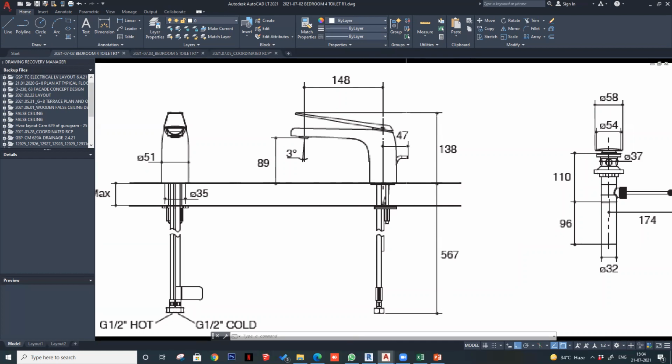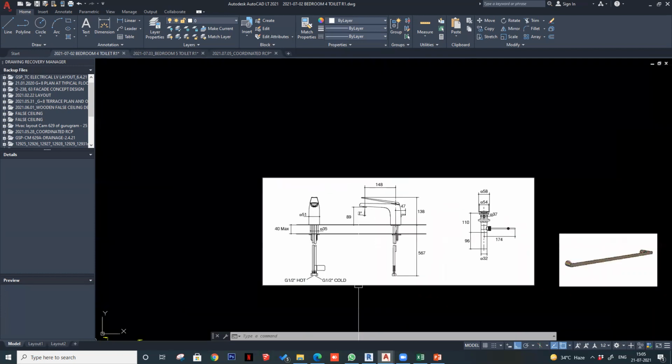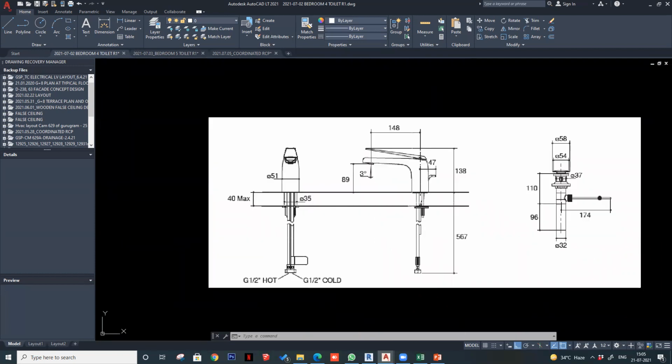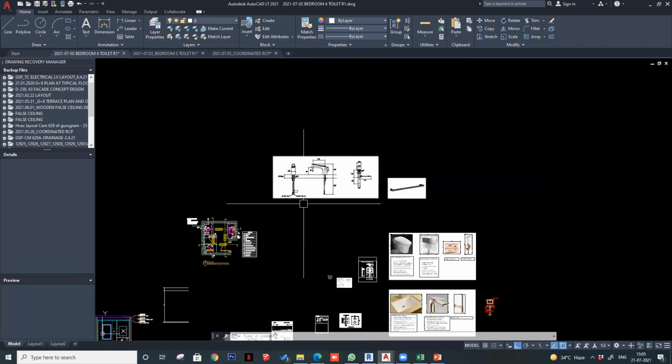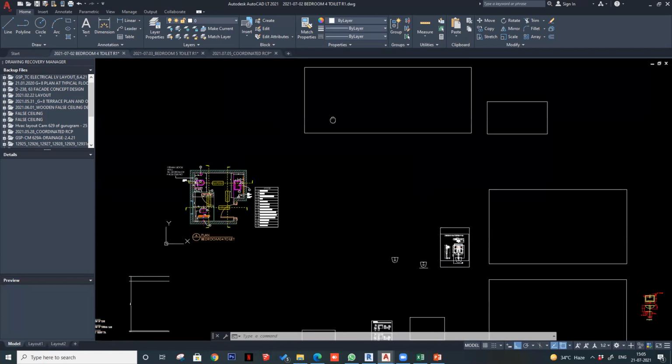So if you can see here, 148 is the length of this faucet from the center line of its main body till the center line of the point from where the water flows, right? So this is 148. So I made an outline of this.